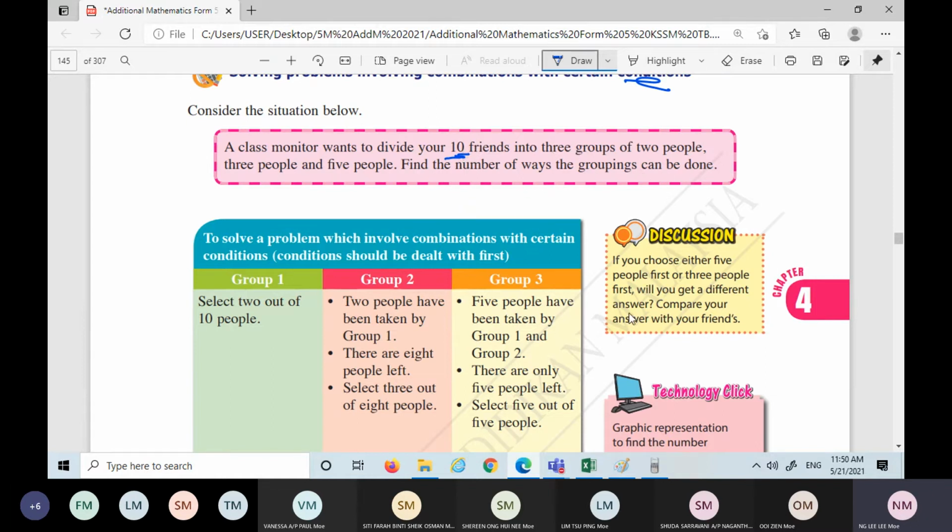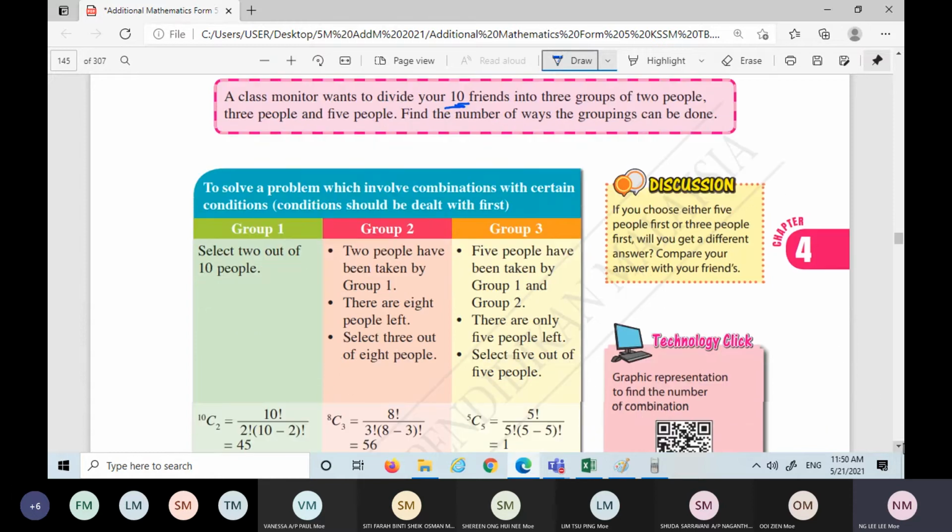Okay, so to solve a problem which involves combination with certain conditions, the conditions should be dealt with first. The first group is 2 people, so you can choose from 10. We start with 10, 10 choose 2. So this is the first one. After you choose 2 to form the first group,